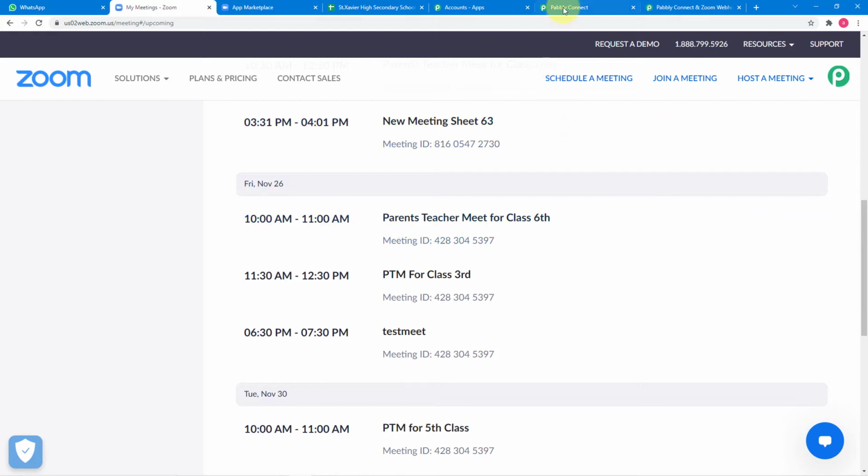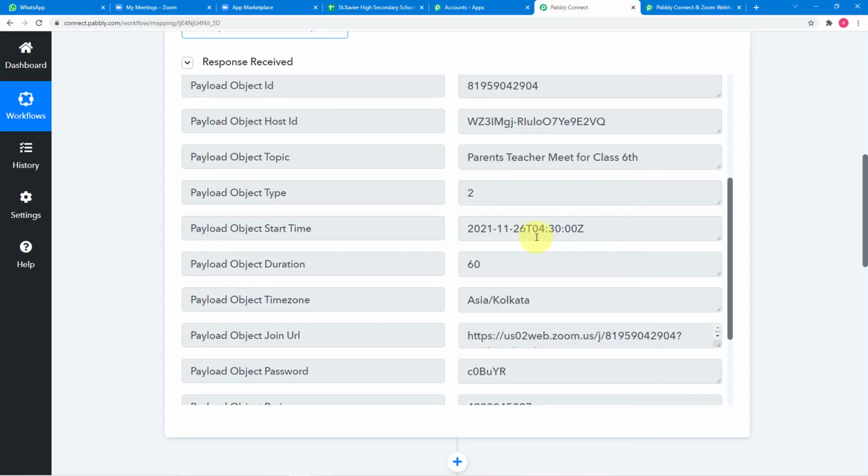But it is showing 4:30 here because Pabbly Connect takes the data in UTC format, that is universally converted time or international standard of the time, which lags behind Indian standard of time by 5 hours and 30 minutes. So that's why it is showing like this. So we need to convert this time into our